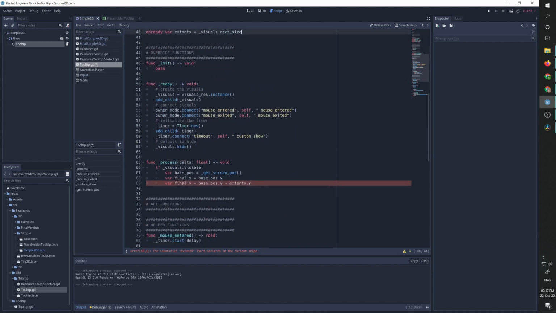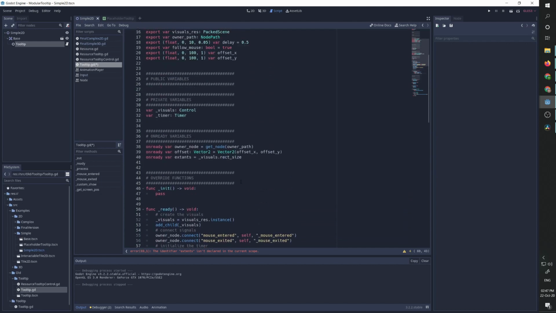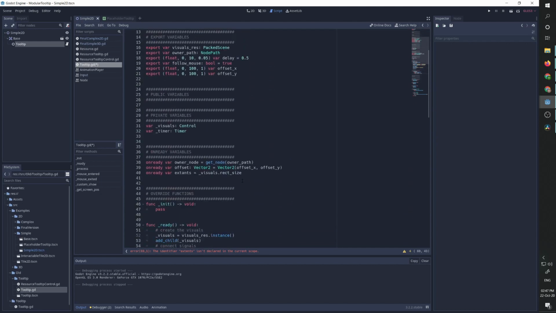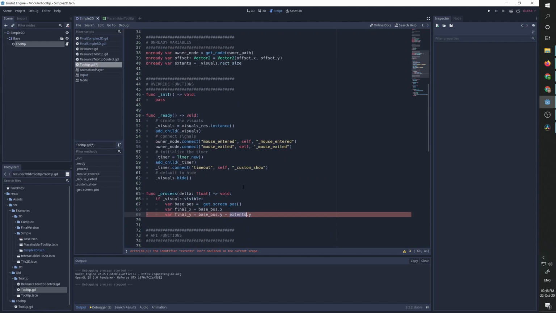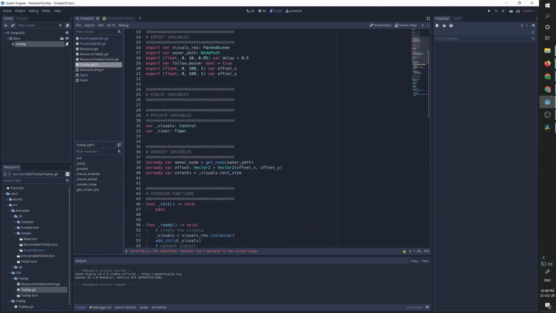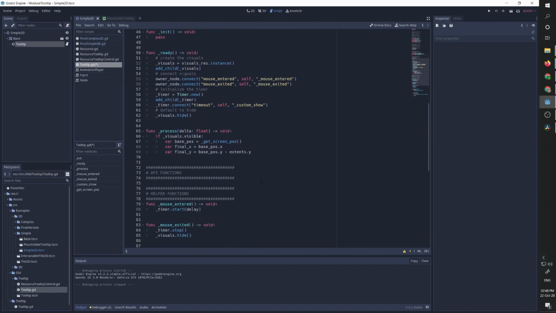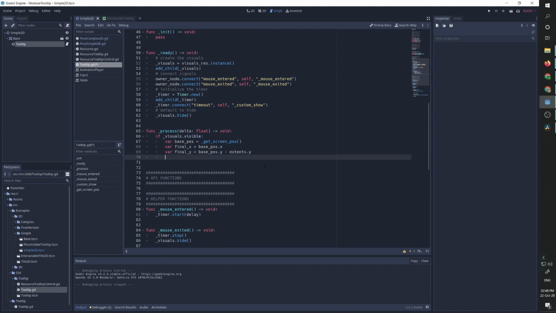And it is going to be equal to visuals rect size. And of course I have an error because my spelling is horrible. So let's fix this. And now we can finally set the visuals rect position to be equal to a new vector, which is simply the final x and final y. And now, if we run,